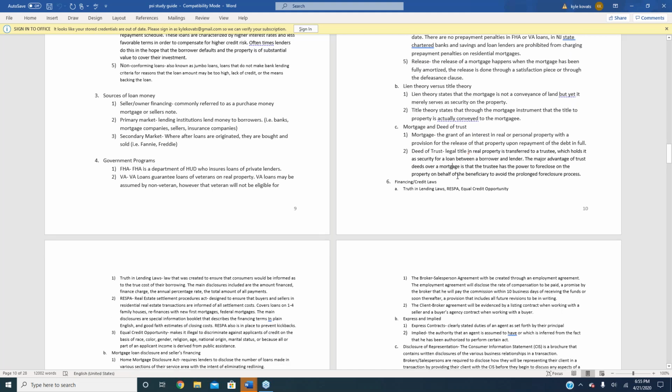All right, so we know mortgage. Deed of trust is an alternative to a mortgage. Deed of trust is a form of seller financing. And the way that this works here is that,